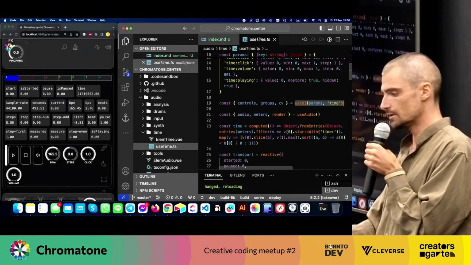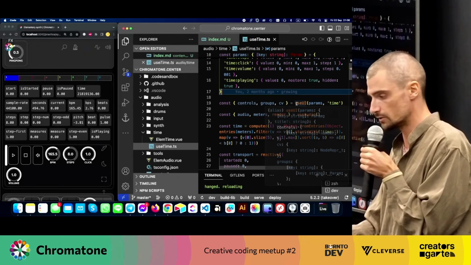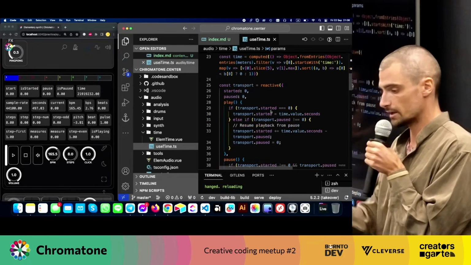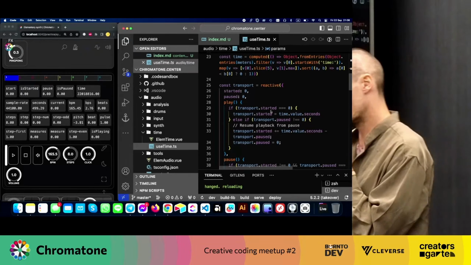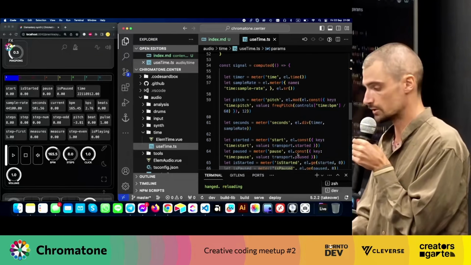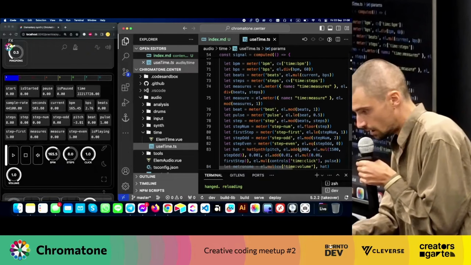So I can just have this useUI, which helps me a lot. This is a very, very useful thing that I use. So I can have reactive objects that control the functional part of the elementary. Yeah, so